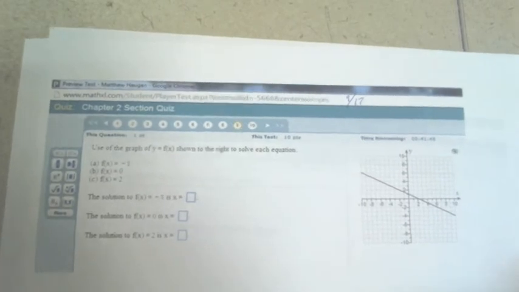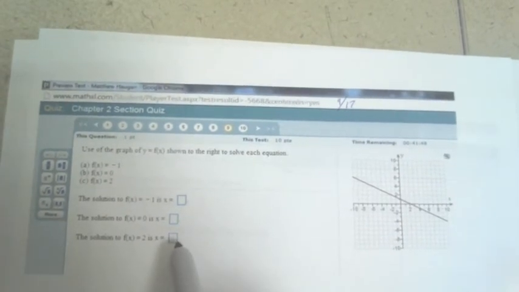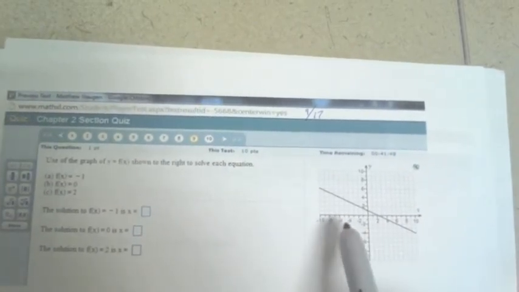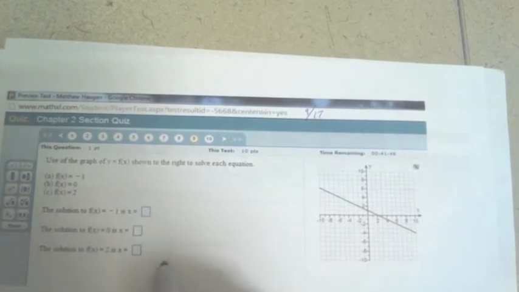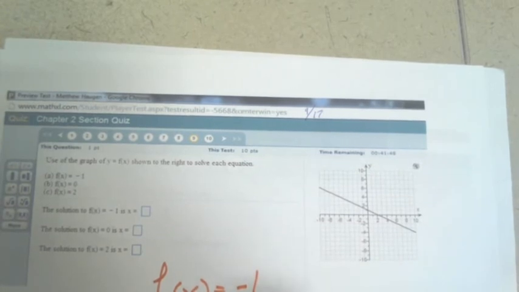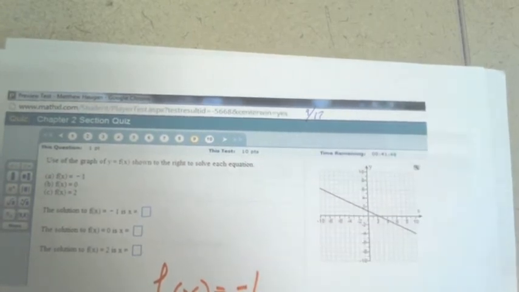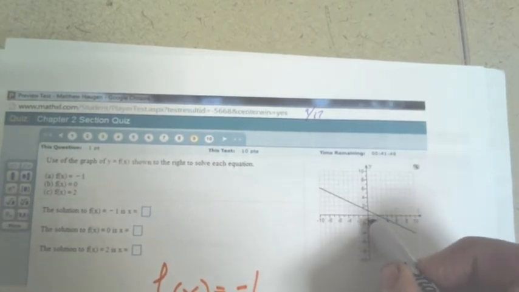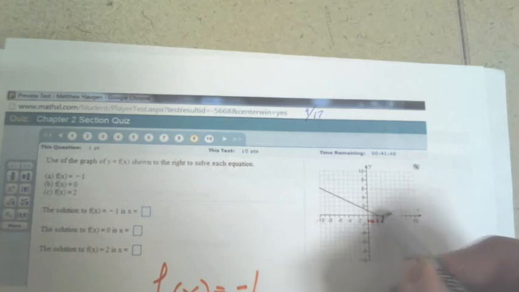Okay. Almost last bit. Evaluating this function. So you're given a little graph here. I know this is hard to see in the scale, but on that graph, you're asked for the solution for f of x equals -1. You're trying to find what x equals. Well, f of x is a y value. So where's the y? -1. You go on your graph, go over to -1. -1 seems to happen